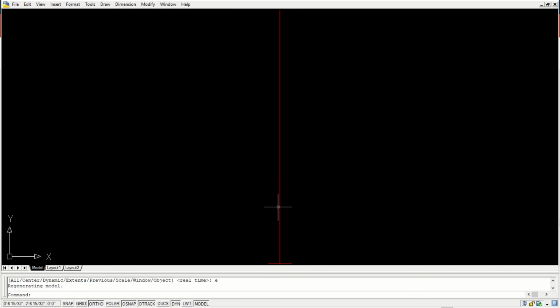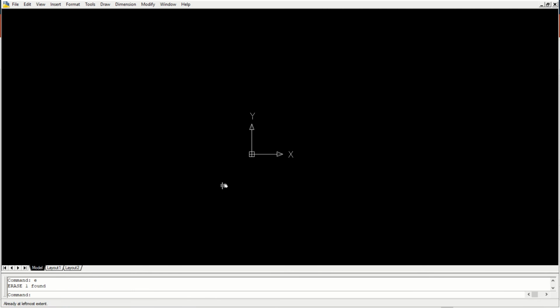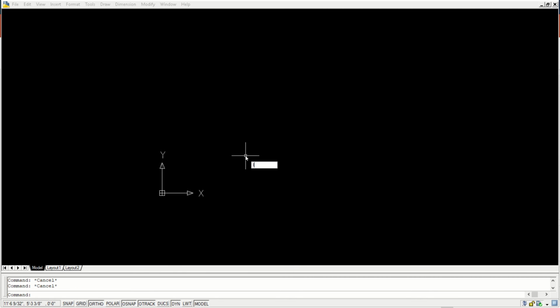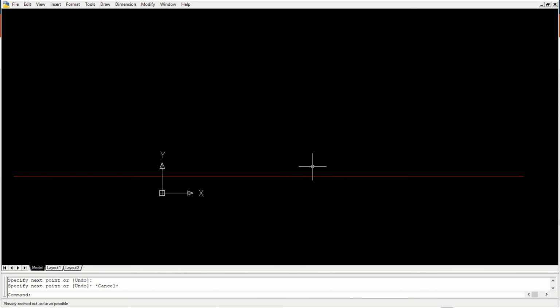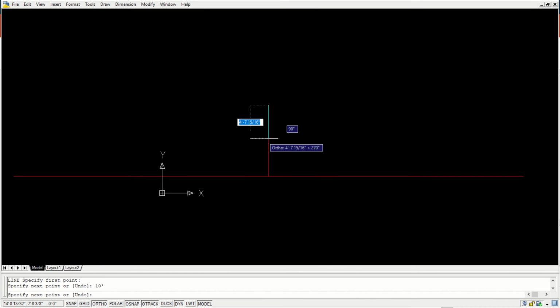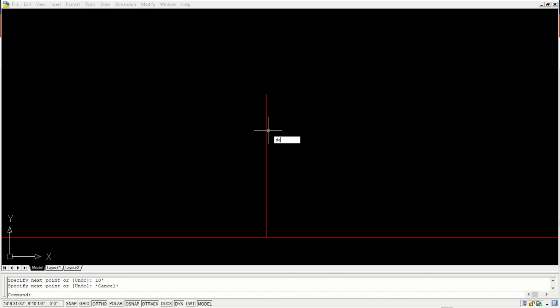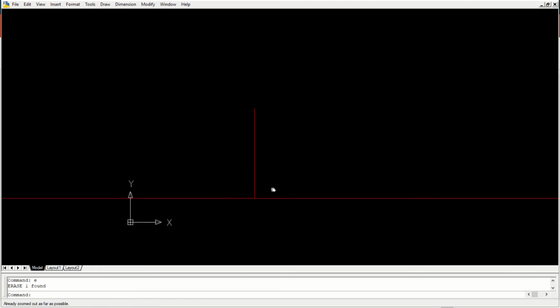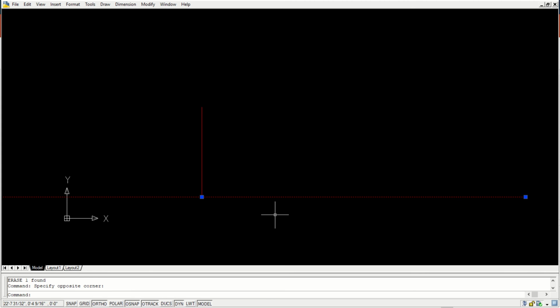I'm just drawing a bigger baseline because my drawing is huge. I'm drawing a 10 feet line. You can see that this is a 10 feet line I have drawn vertically. First is the ground line, second is draw a vertical line.